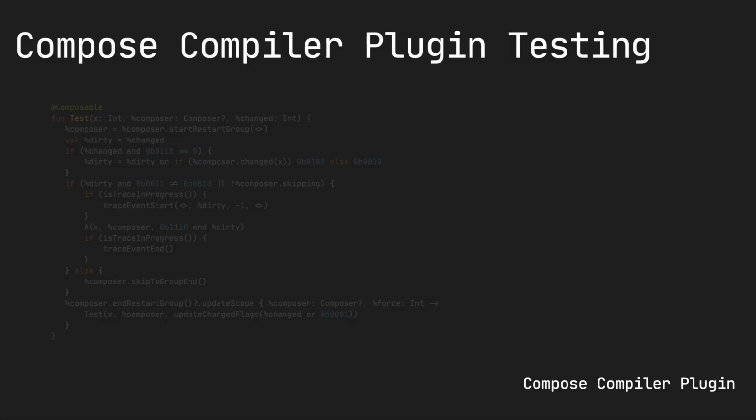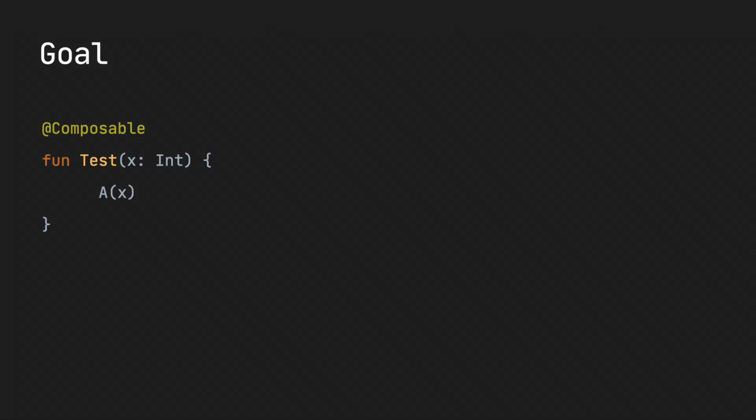This video is about how the Compose Compiler plugin does testing. This is one of my favorite videos because it goes into the APIs that the Kotlin compiler provides to do analysis to be able to convert FIR to IR. So what you'll see in the Compose Compiler plugin is test code, test composable code like this, and you'll see